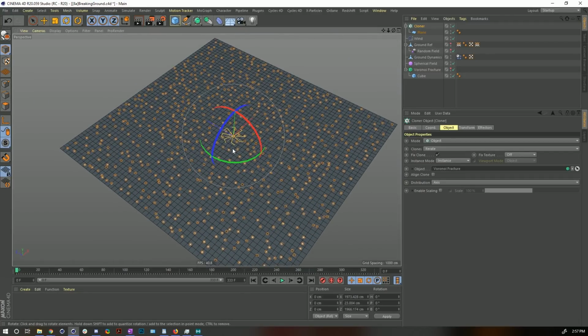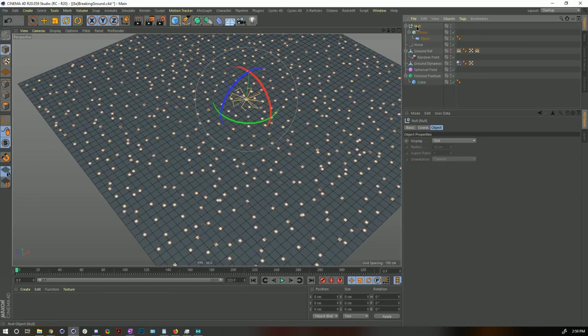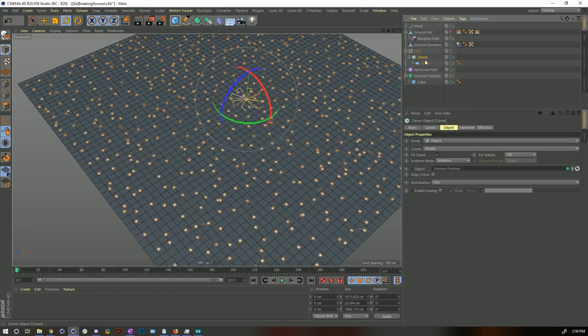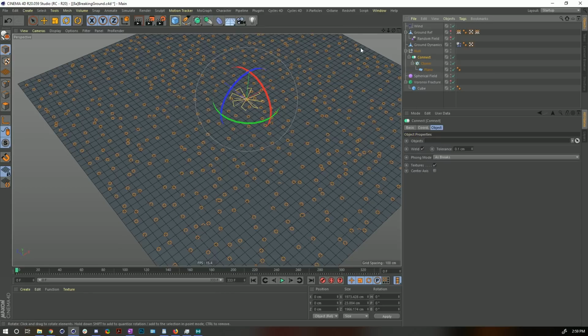Now, with that happening, what I want to do, let's go ahead and group this. I'm going to hit Alt-G to put that into a null. Let's move that down below our ground dynamics plane. And let's go ahead and put our cloner into a connect object. I'm going to hold down Alt-Option as I'm selecting the menu here, and let's make a connect, and that should automatically turn into a parent. I can get rid of weld because we don't need it doing the calculation to try and weld the points together. But what that's doing is telling Cinema to kind of think of this cloner as just a single polygon